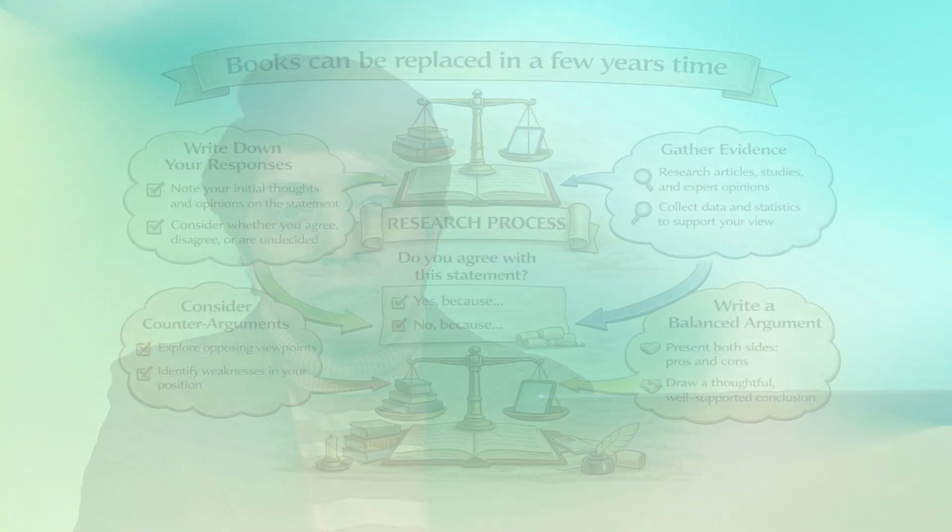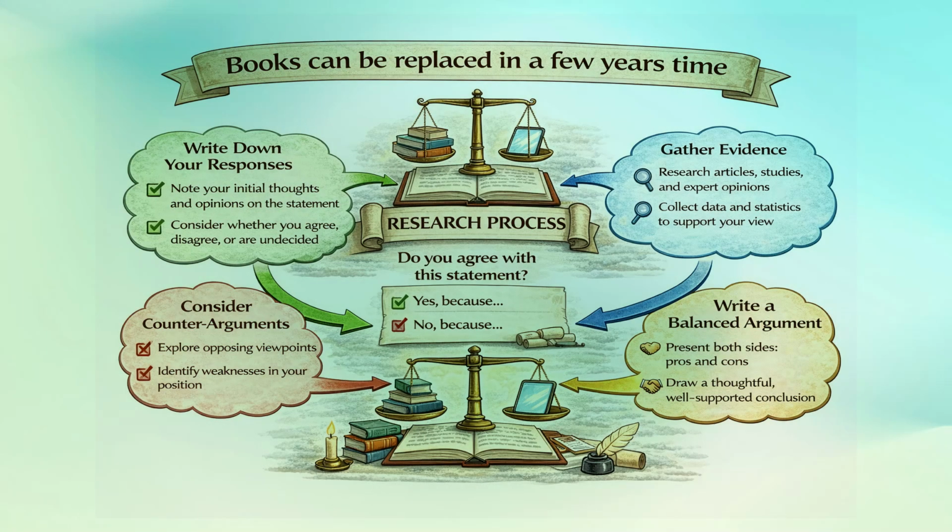Write down, do you agree with this statement? If yes or no, start writing down your responses first. Then use resources, literature review, and evidences to support your viewpoints. Incorporate the counter arguments too. Then finally, you will find that as you organize them in a coherent manner, a complete research article has taken its shape. Then the conclusion should have a balance. It must not completely support or not support a claim. It should have a balanced conclusion considering all logical possibilities.